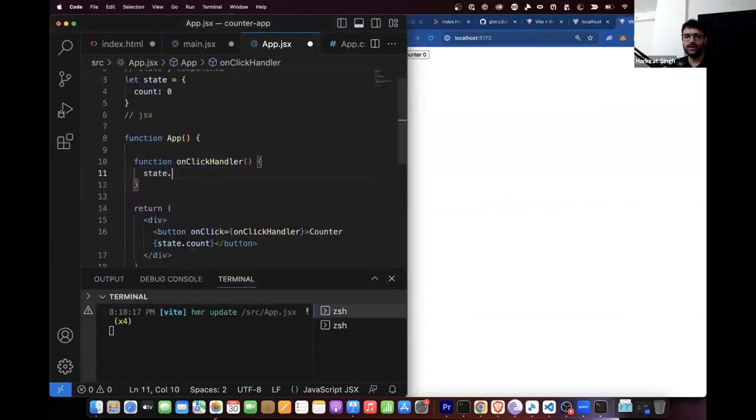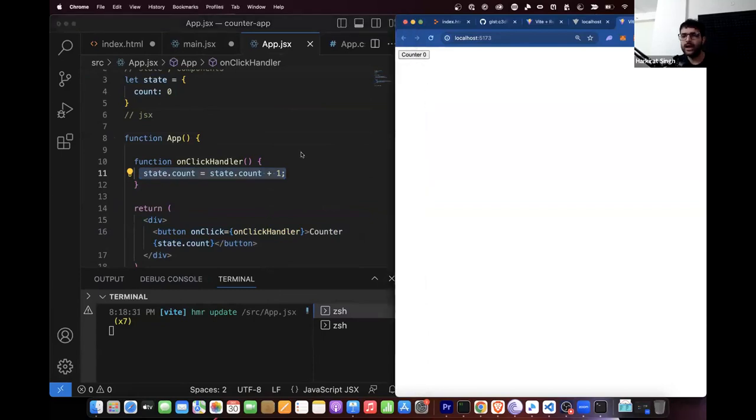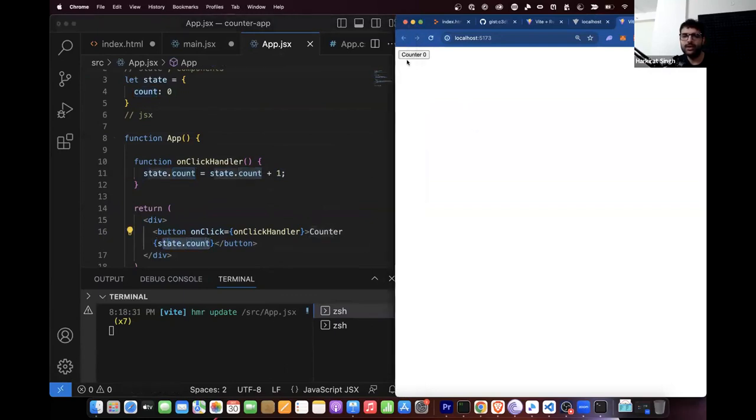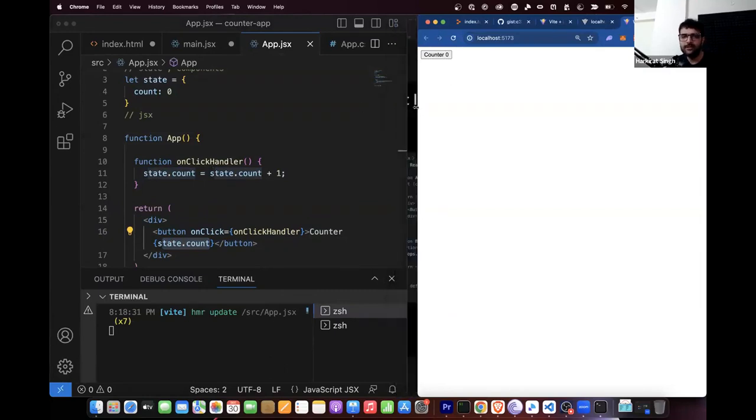What do I have to do here? I have to do a state.count equal to state.count plus 1. I just have to increase the state count. And as I said, React is looking at these changes. The purpose of React is give it a component, which we have, give it a state, just update the state, and then React takes care of re-rendering, which basically means increasing this counter by 1. React would automatically know that this thing has been increased, so I need to increase this to 1, right? I've been saying this again and again. So let's try that. Save,